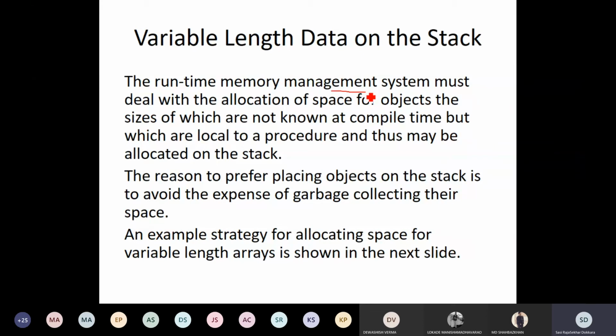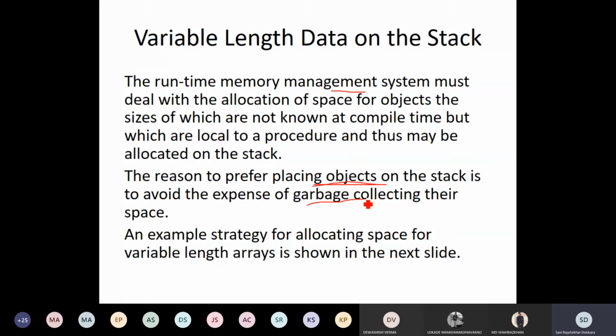Okay, so in case the stack is to be accessed, there is one advantage if we use the stack for variable length data. The reason we prefer placing objects on the stack is we avoid the expense of garbage collecting them, because once the procedure is done, the space is automatically deallocated in the case of a stack.